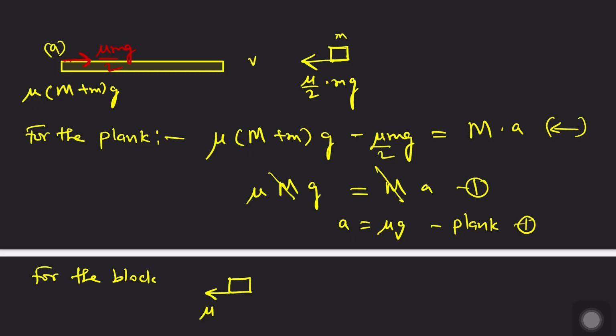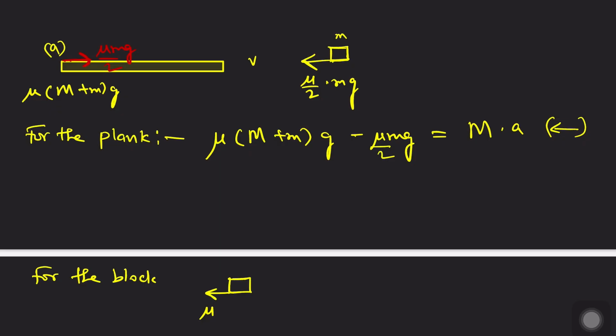Okay, this will be what, mu by 2. So let me correct this part. We have made an error here, guys. So it will become